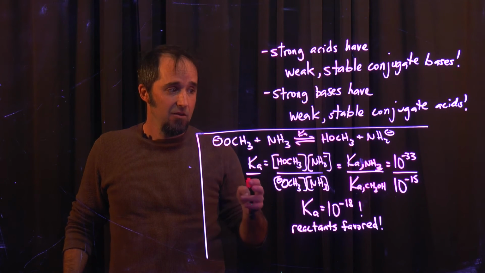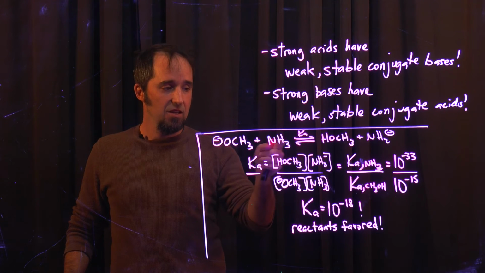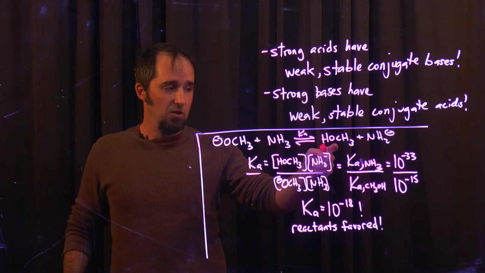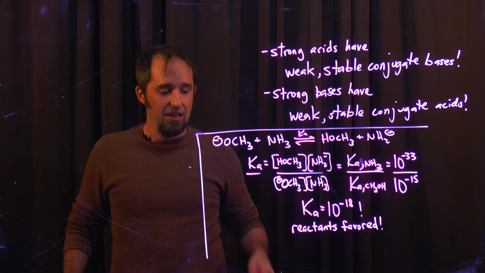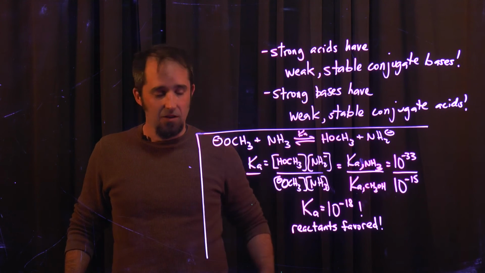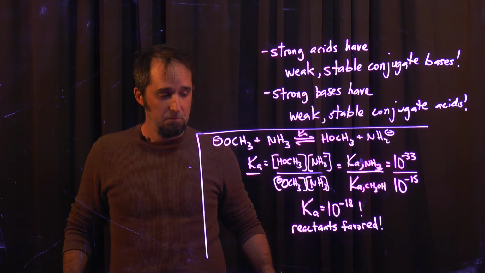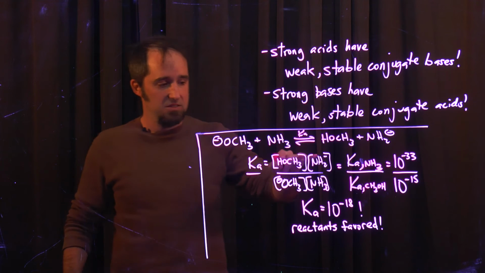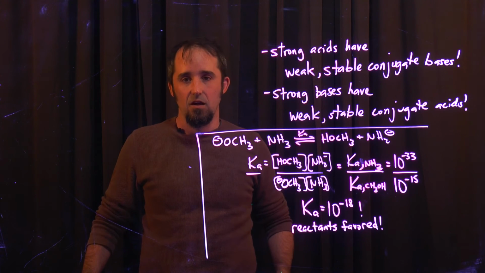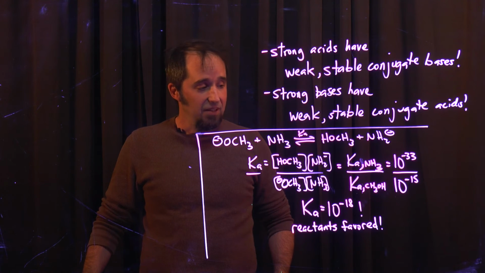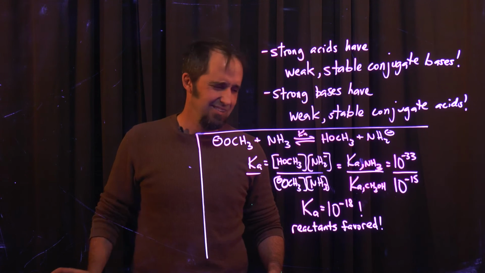So here we go. One last time, here's our equation. OCH3 minus and NH3 in equilibrium with methanol, OCH3, and NH2 minus. So if I want to find the equilibrium constant, you won't actually have to do this math too often. I'm just doing a quick derivation here. If I want to find the Ka here, I just take the concentrations of the products divided by the concentration of the reactants. If I actually plug it in, and I'll leave this as an exercise for the viewer,